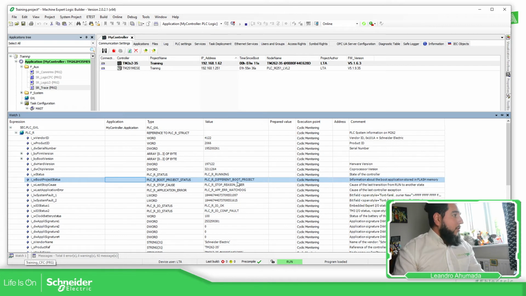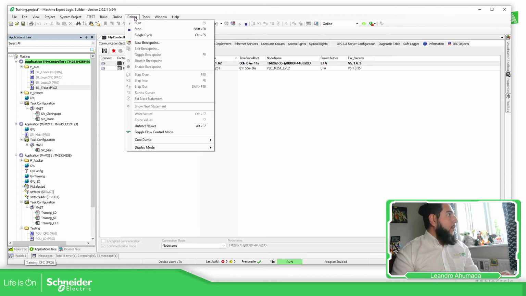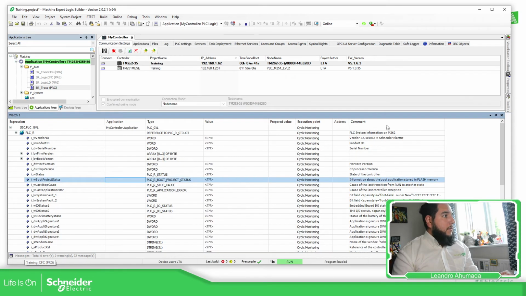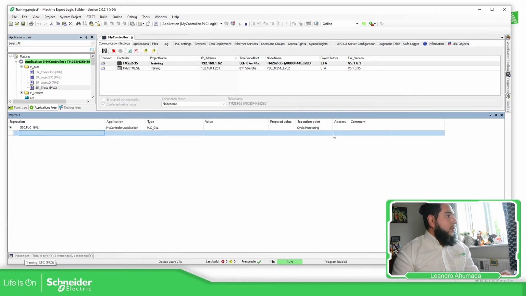The boot project status is telling us the information about the non-volatile area. In this case, it means that the application that I have online is different to the one that I have on the flash. So what we need to do is use the download and select the boot project, or we can go online and then create a boot application. As soon as you do that, here in the different project line, create boot application,